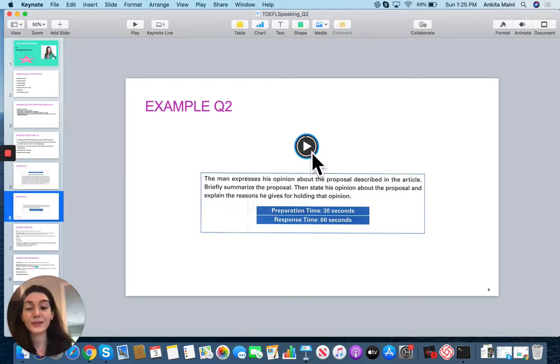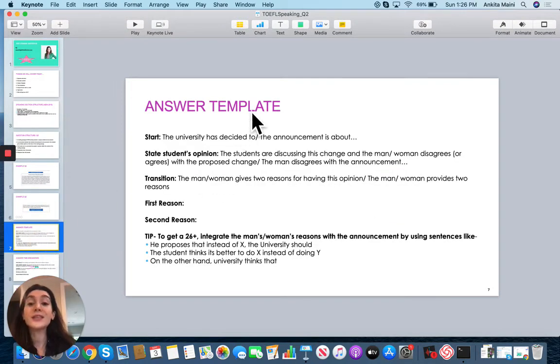So you basically take down good notes, and today we're not covering the note taking in detail, so I'm going to hold on to that here, but we're going to focus on the question itself and how you should answer this question. So now I'm going to give you a template that you can use to answer this question, or really any question number two. Question number twos have not changed much or at all in the last 10 years. So this is the answer template that you can follow.